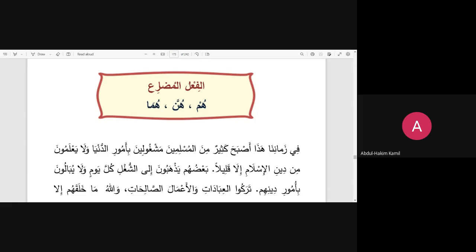Yes, these are learned by memorization. How do you know a verb? I hear how it goes in present tense. Only by memorization. If you have the Hans Wehr dictionary, it's going to indicate that to you. After you look up the verb, it's going to have an A, meaning yaf'alu, an I, the English I, meaning yaf'ilu, or a U, meaning yaf'ulu. But you just have to memorize it. That's the only way. It's not because of a lam or a ra or a sin. You just have to memorize it like that.